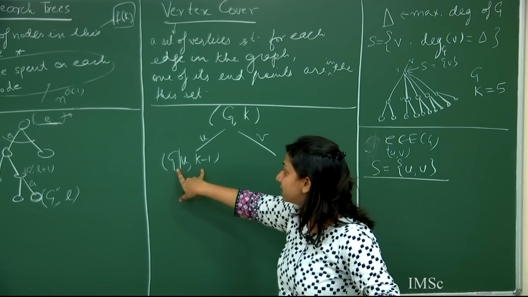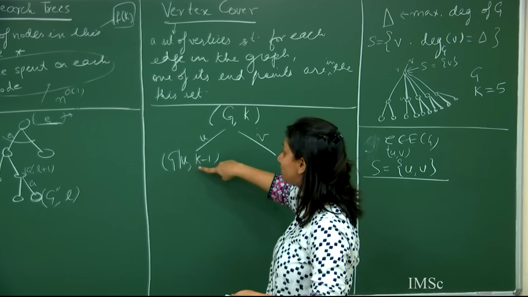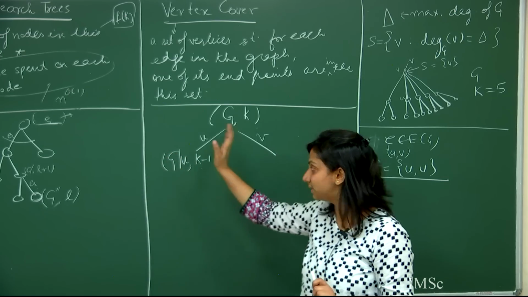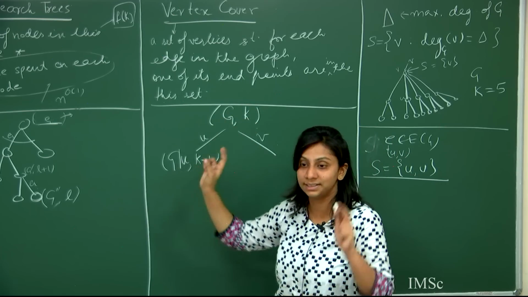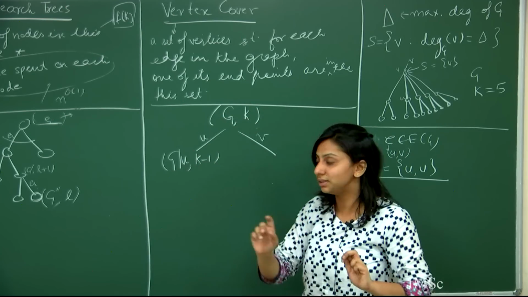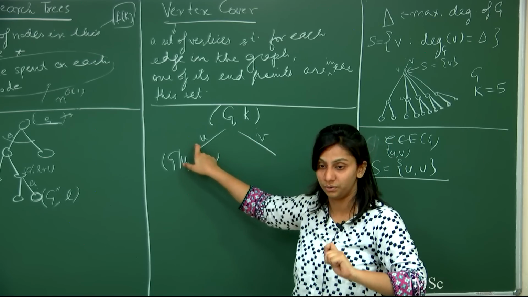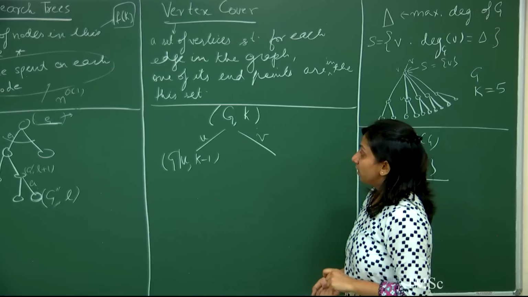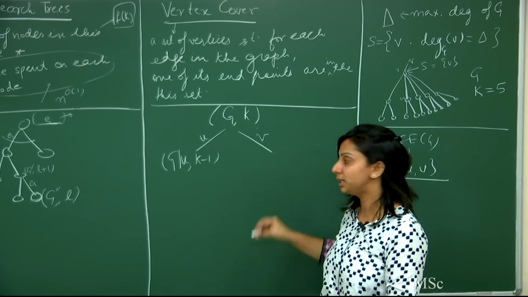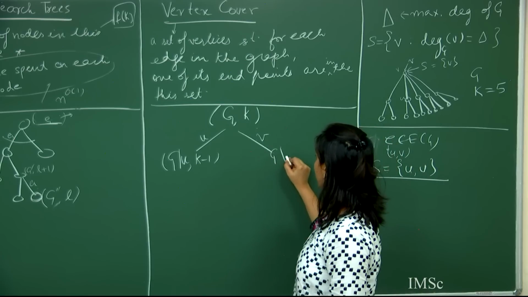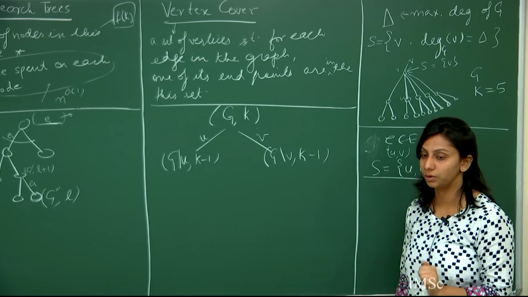This instance of vertex cover says that you're supposed to find a vertex cover of size at most K minus 1 in this graph. Okay, this is what. And it's easy to see that this instance is equivalent to this instance under the assumption that the u is in the solution that you're trying to find out. Okay, fine. And similarly, for this branch, we'll assume that v is in the solution and we'll branch. Okay,